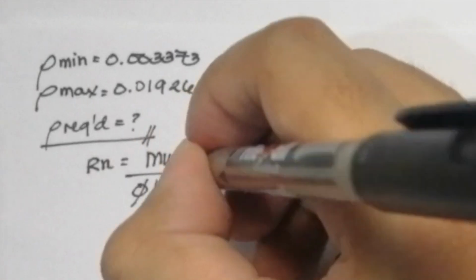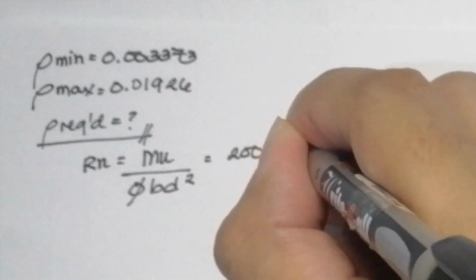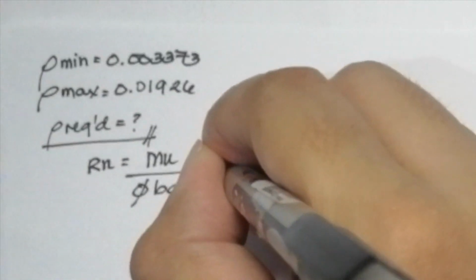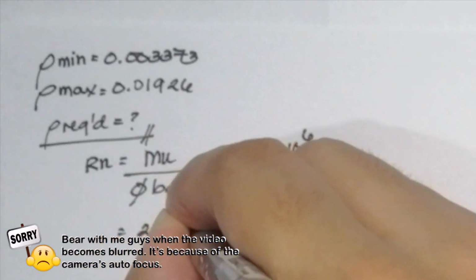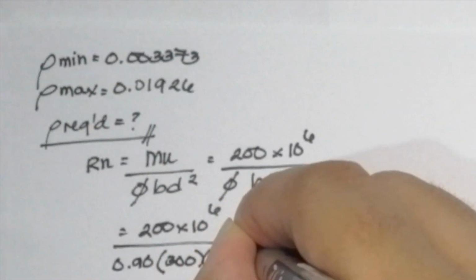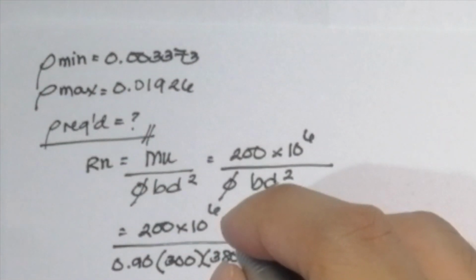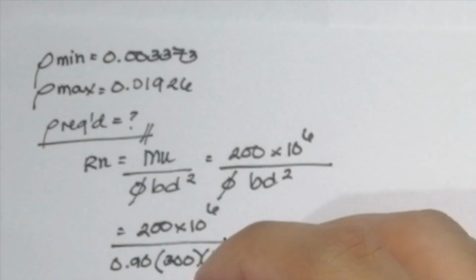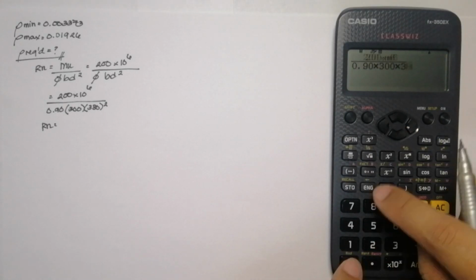We can solve it by using the formula Mu over phi bd squared. So substituting our values, our Mu is 200 multiplied by 10 raised to 6 to change it into Newton millimeter, divided by phi 0.90 times bd squared. And take note that we are going to use a value of 0.90 for the reduction factor phi since we are designing beams, multiplied by 300 for the base and 380 for the effective depth. So the value of our Rn is equal to